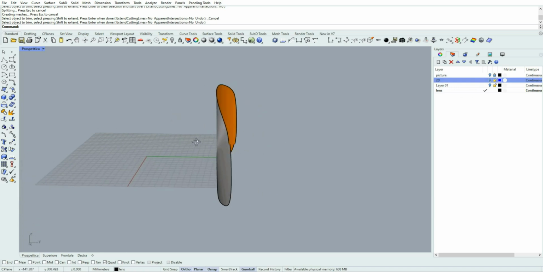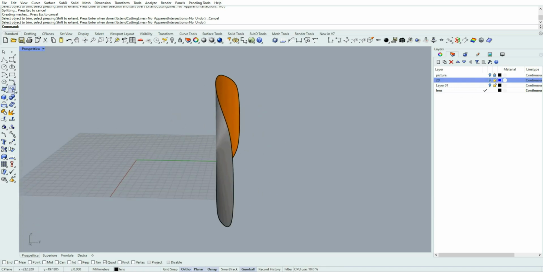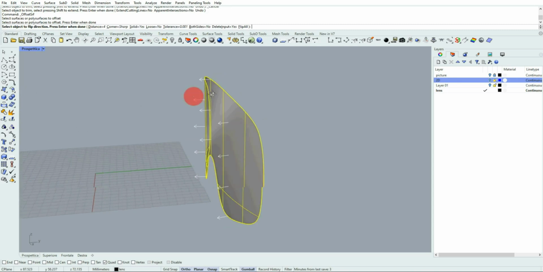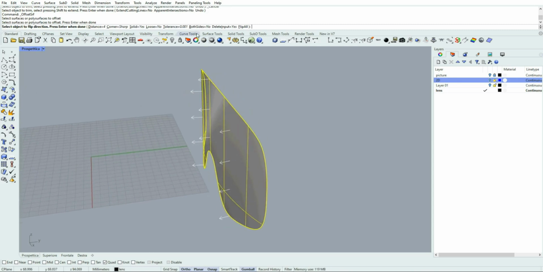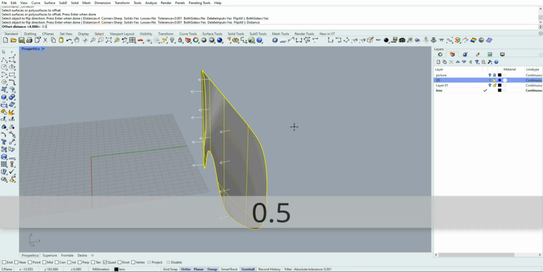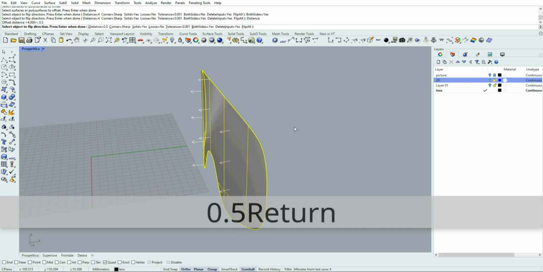Okay, that's why now we are going to make an offset this time of this surface. This time we select both sides. Okay, and let's try with 1 millimeter, so both sides means 0.5.